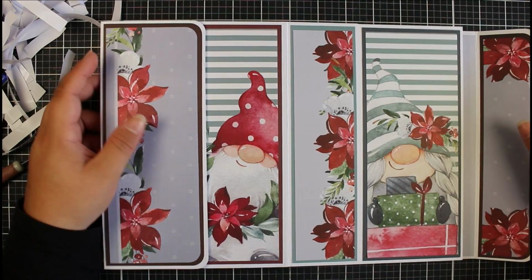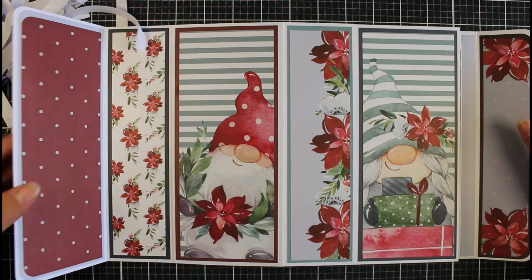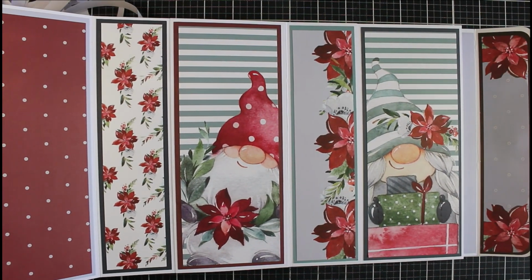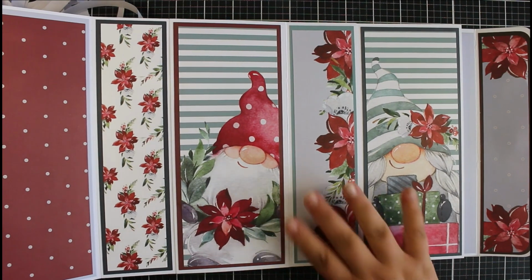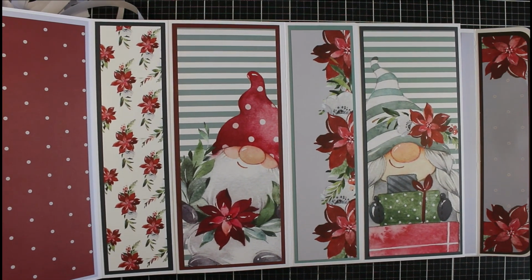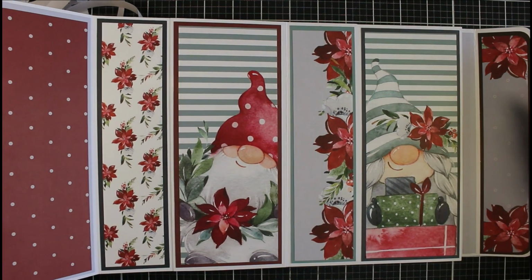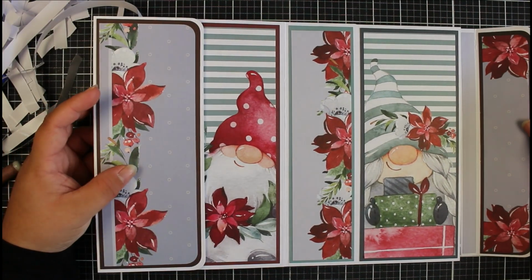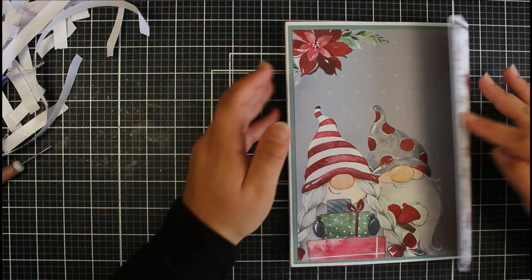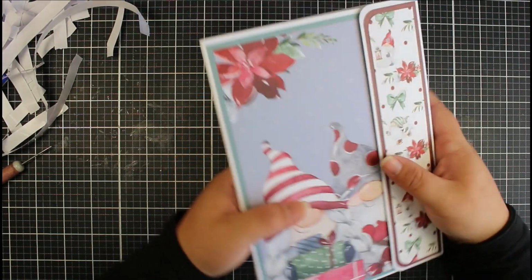But I absolutely love how this has come out. It's always nice to use this paper kit. I don't know how many things I've created now using it. I might go back through and create a little playlist, just for this gnome set. We really need to get going through this because I've just got so much of it left, and not just this kit, lots of other kits from Paper Boutique and the likes. So yeah, this is my Christmas planner folio,